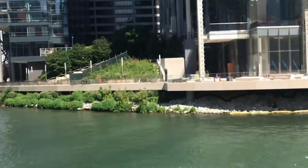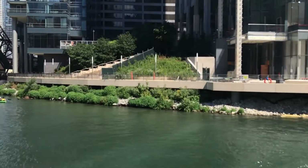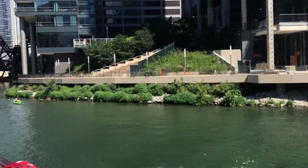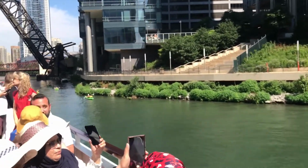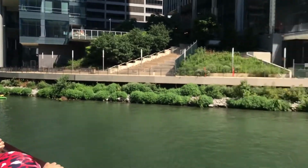All right, folks, as we're heading on to the north branch of the Chicago River, I'd like to point out here on our left the circular vents with the fans inside them. Just west of these buildings are active railroad lines for